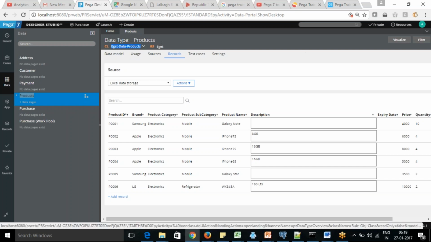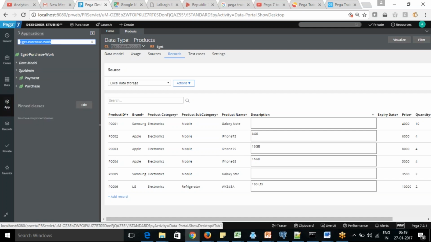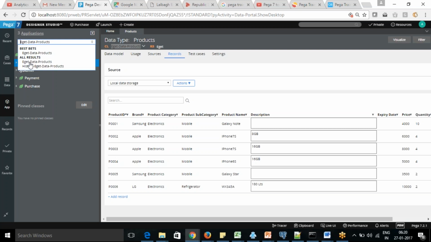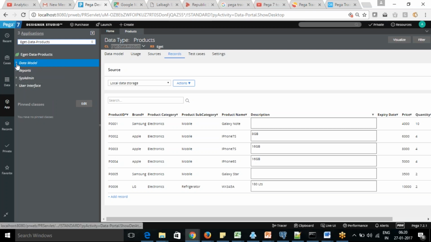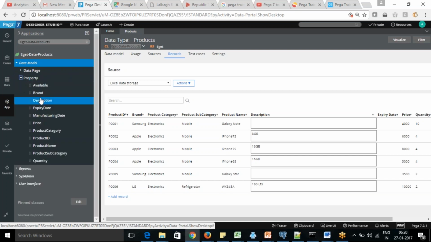If you see, within that data model, you can see the properties are here. Now you have manufacturing date also as a separate field.